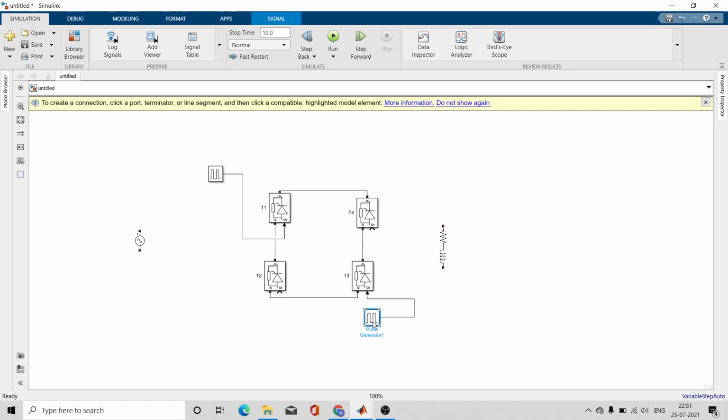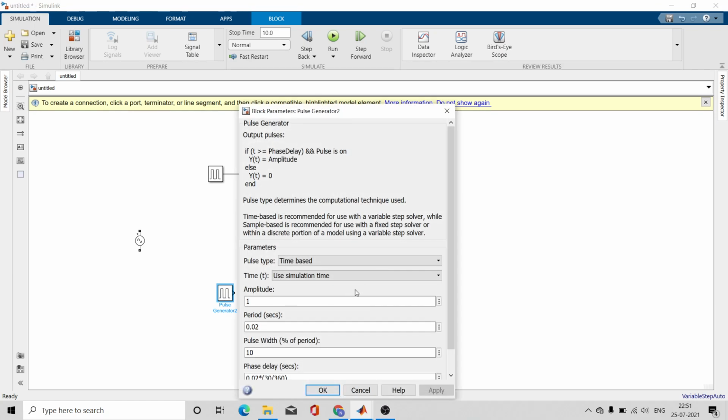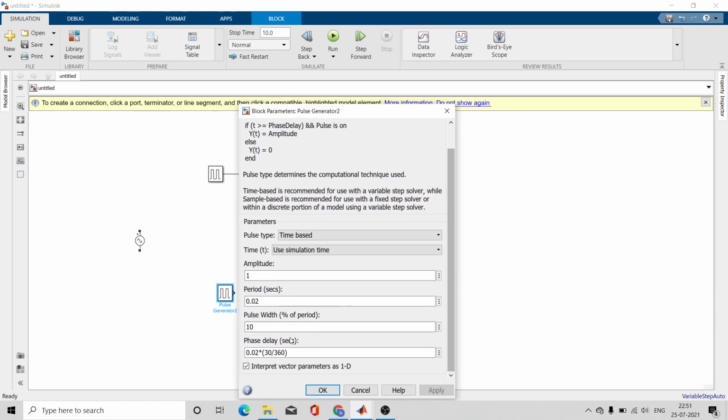Okay, then just let me copy this pulse generator over here, and the only change that we are going to do over here is that we want this pulse generator to give the pulse for the next half cycle. Next half cycle will start after 180 degree.